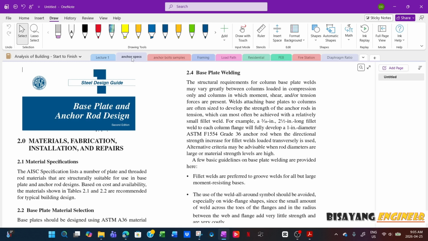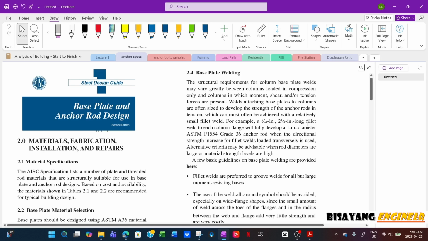Then there was a reaction from another engineer saying that it's not only F1554 material that is used as anchor bolts, also ASTM A325, A490, and A307, which are all structural bolts, which are different. But anyway,